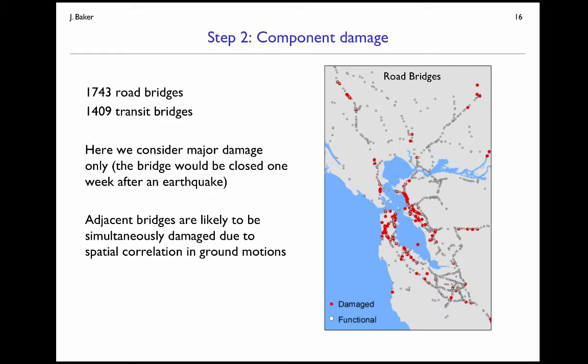And the thinking would be that in the first few days after an earthquake, bridges with minor damage would be impacted, but then within a week, Caltrans felt they would be able to repair a lot of the minor damage and enable the bridges to be functional again. But bridges with major damage or near-collapse performance would take longer to repair. And so at 1 week post-earthquake,